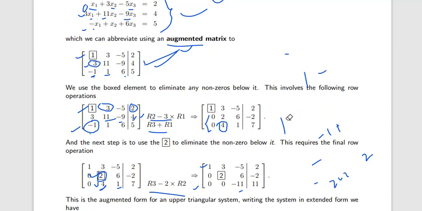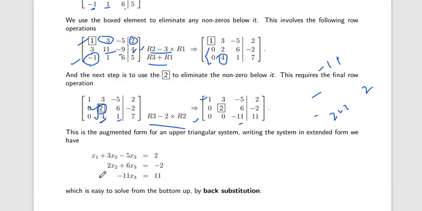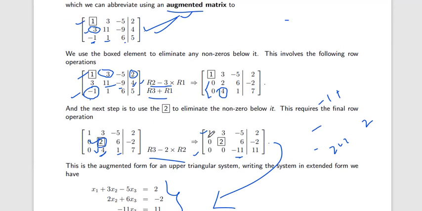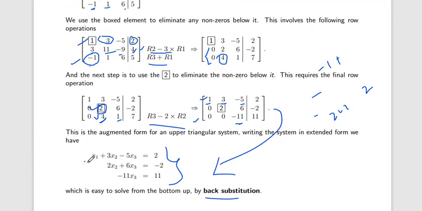So with the help of back substitution we will solve these types of linear equations. Okay, back substitution: this is transferred into linear equations. How do we transfer? It is the coefficients of x1, x2 and x3. Here 0, so 0 multiplied by x1 is equal to 0. Here 2x2, 6x3 and minus 11x3, because here 2 is a 0, is equal to 11. Okay, so we transfer this upper triangular matrix into linear equations.